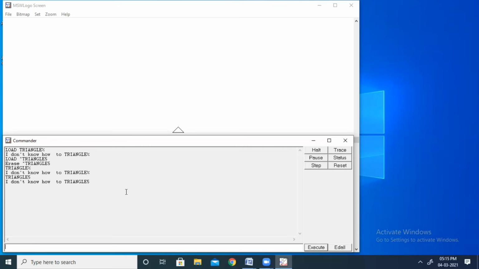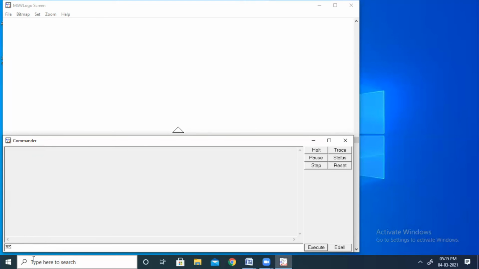Okay. So now we will learn how to use the repeat command. Repeat command means what? Instead of writing the same set of codes for the triangle 3 times, using the repeat command I can do that in one line of code. For that, let me show you how you can do that. First, I am going to clear my screen so that it will be easy to see. Now the screen is clear. Now let me show you how you can draw a triangle with one line of code only.